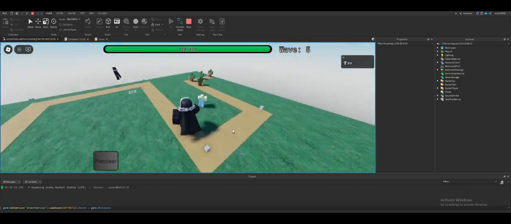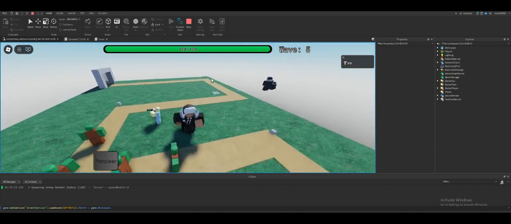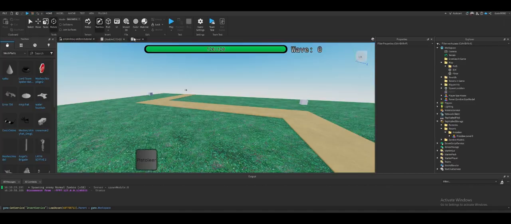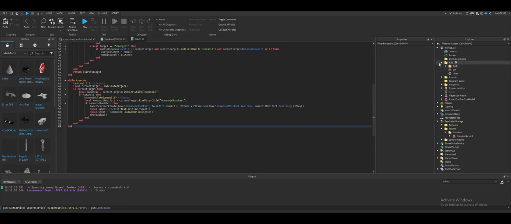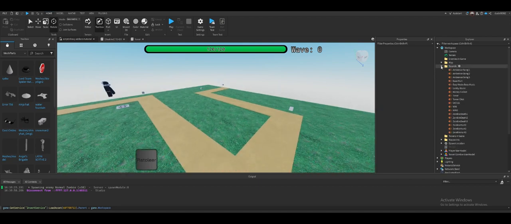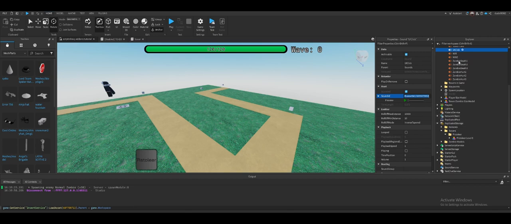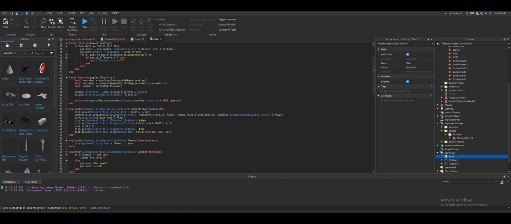Now what we're going to want to do is make sounds for when we place him and when he shoots. So I have some sounds over here. Yeah, let's just Control C that ID, and then right there, UI click. Let's go into StarterGui, main. And then we will,